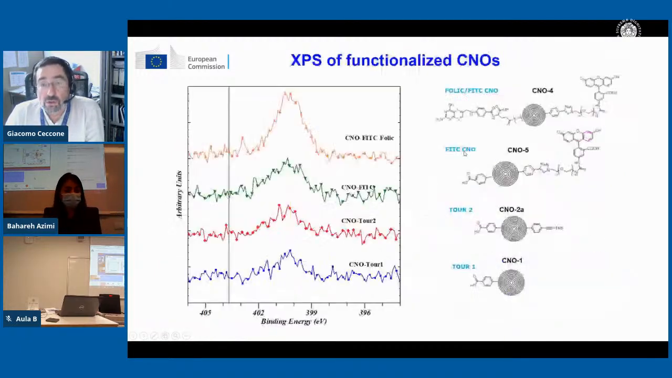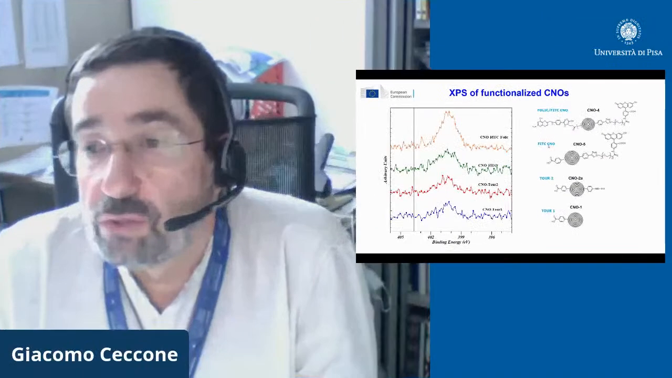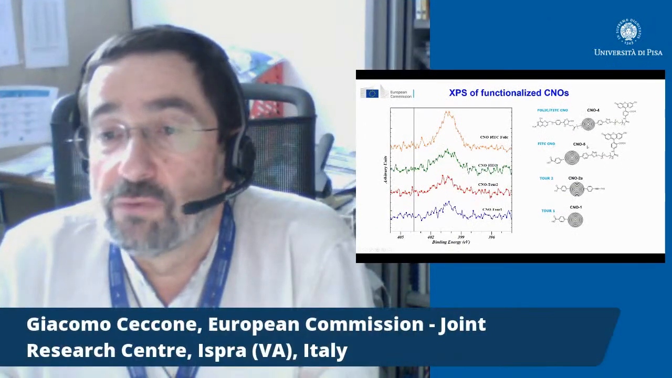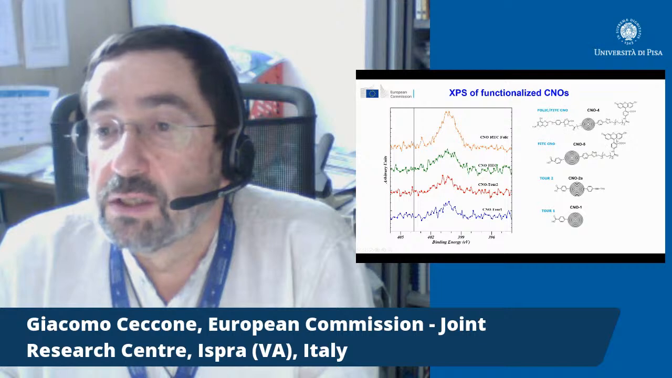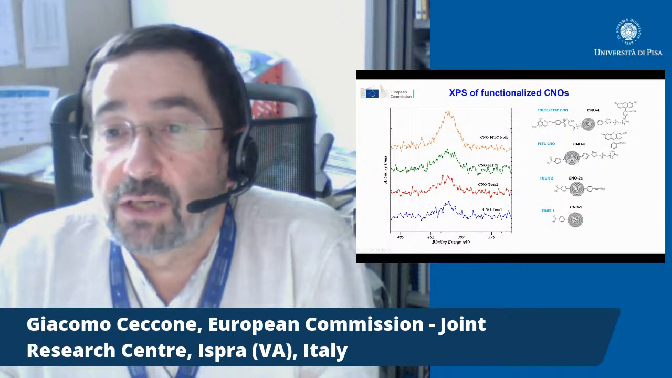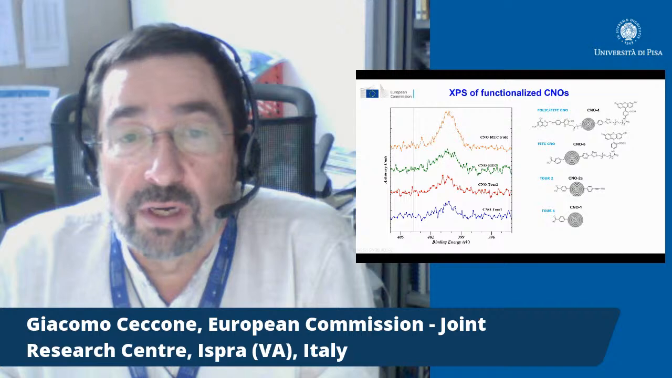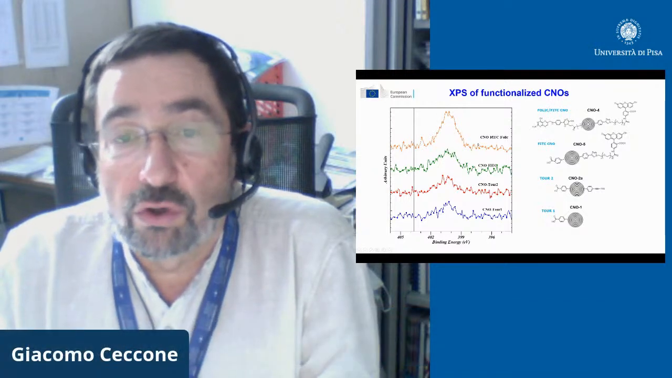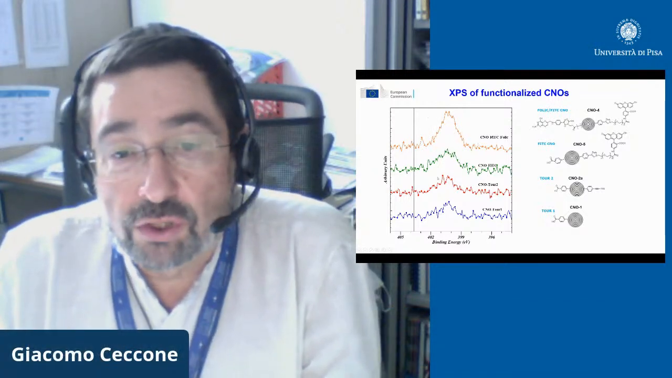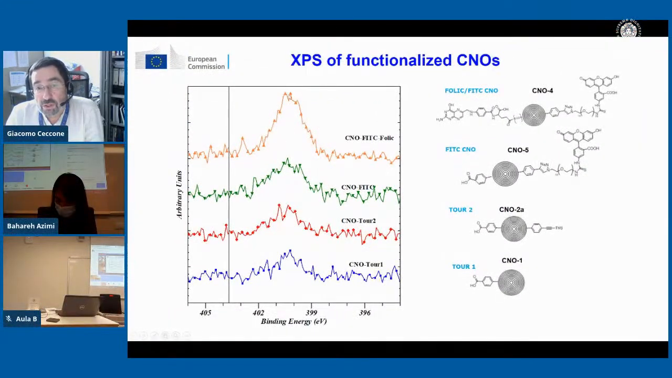Okay, so the XPS is also showing an even greater increase in nitrogen when you functionalize the carbon nano-onions with the fluorescein, the CNO5 here, and with the folic acid. And you see that you have a systematic increase in nitrogen content, as I showed you, and there is not much shift, so there is not much free nitrogen. So this nitrogen is basically related to